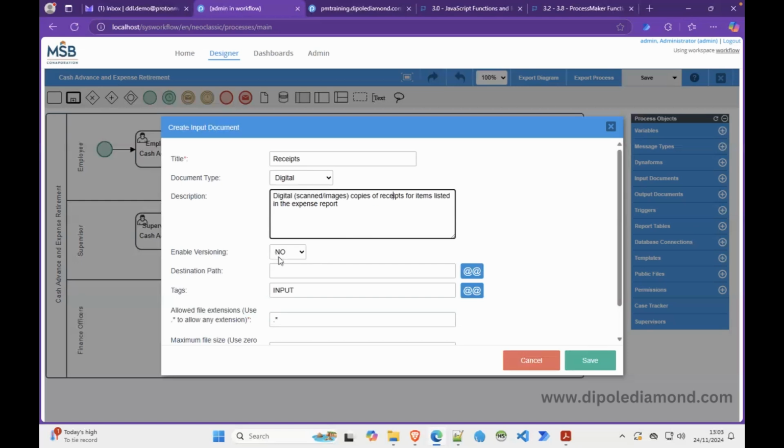Then the next is the destination path. This is used to define the path in the inbuilt ProcessMaker document management system where the uploaded documents will be stored. This is useful for organizing documents being uploaded into the system. You will observe that there is a variable selector button beside the field, and this allows us to select the variables to make up the path to store the